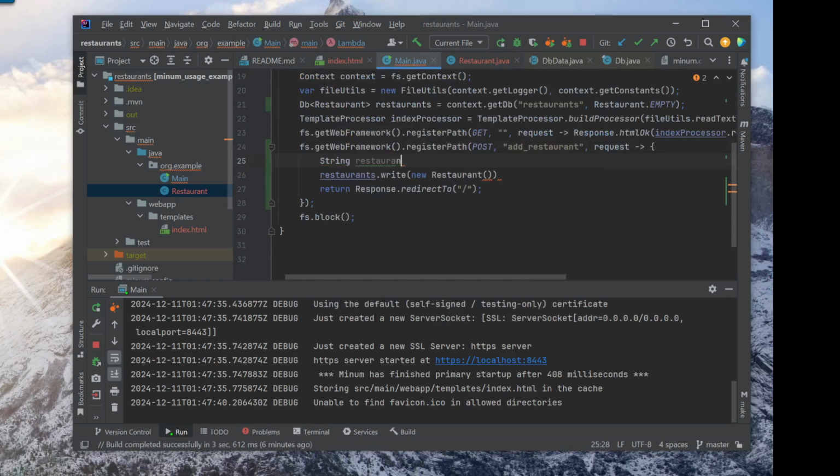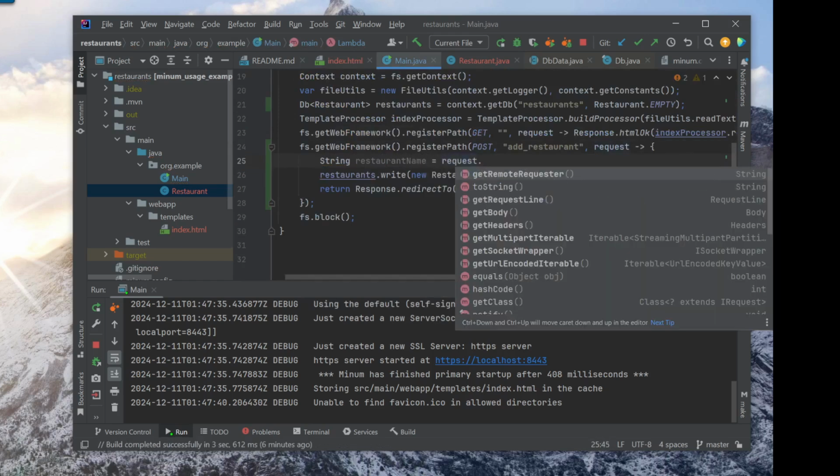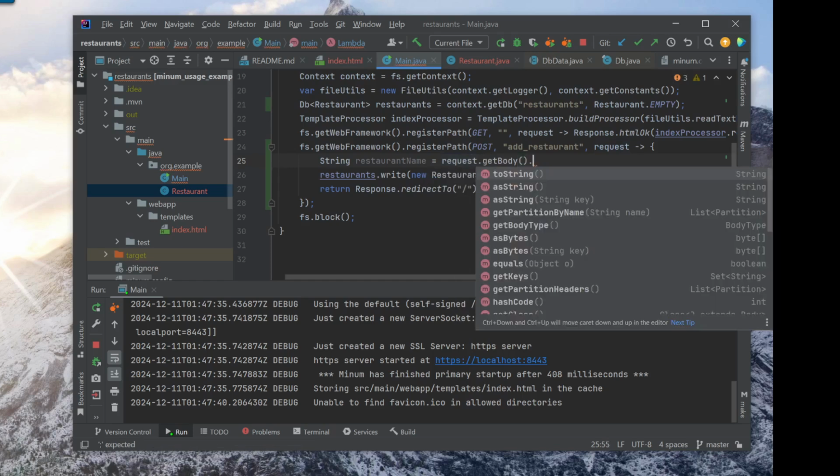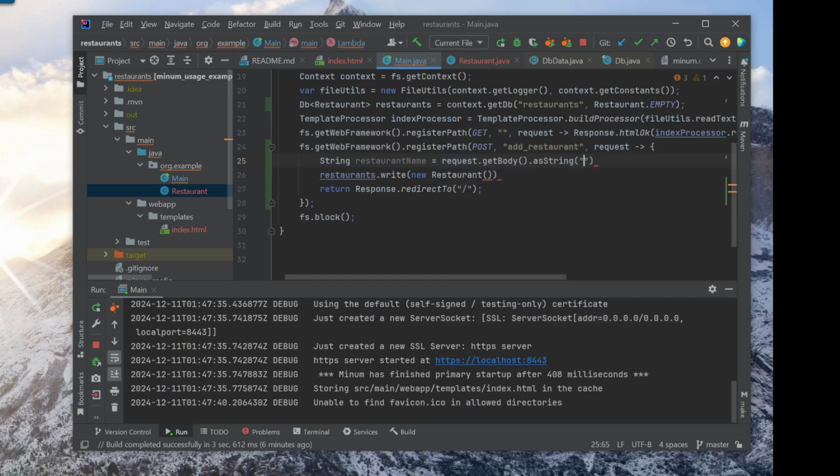String restaurant name is equal to request dot get body as string restaurant. And this is going to be a new restaurant of 0, restaurant name, and place in the list of 0 just to get started, and redirect